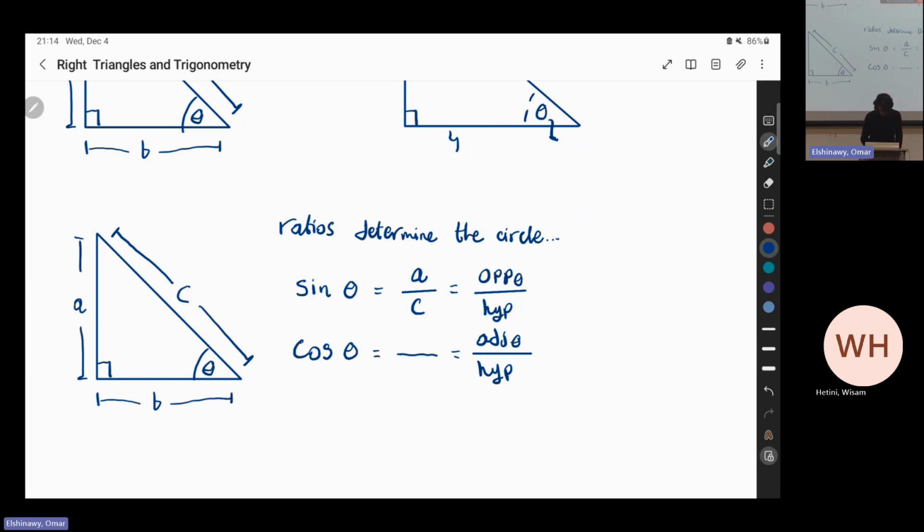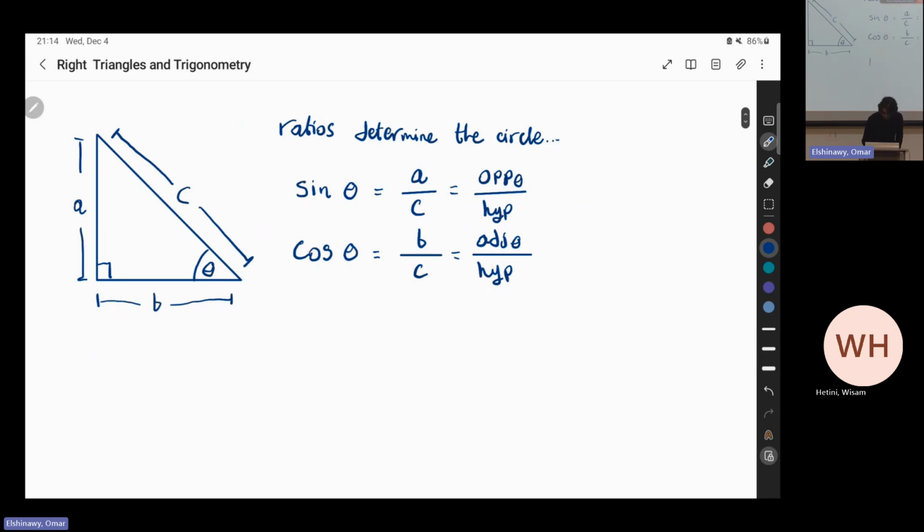So in this case, you just get B over C. And then this is all you need. You could define also something else called the tangent function. Well, it is a function, but I don't want to talk about that just yet. It's just a ratio for now. You could define it as sine of theta divided by cosine of theta, which is effectively,